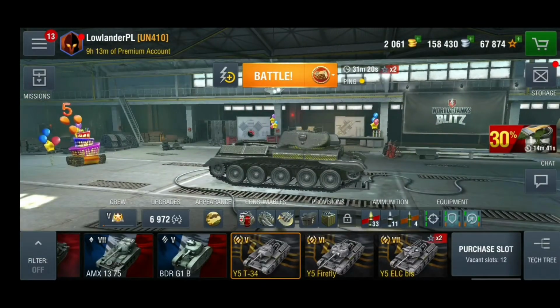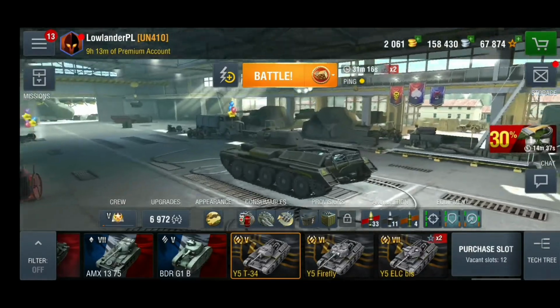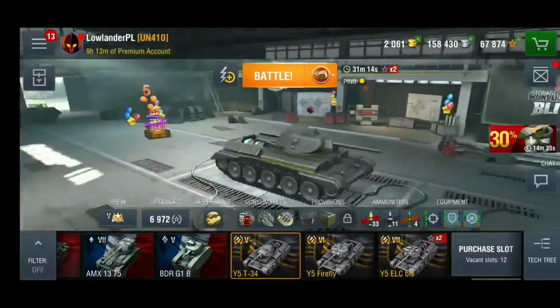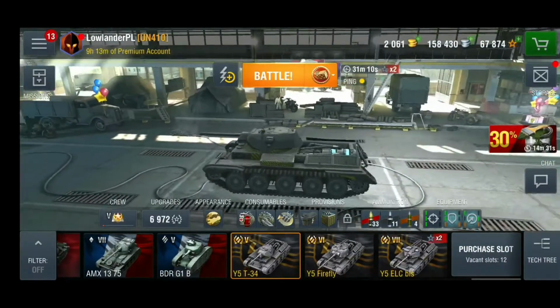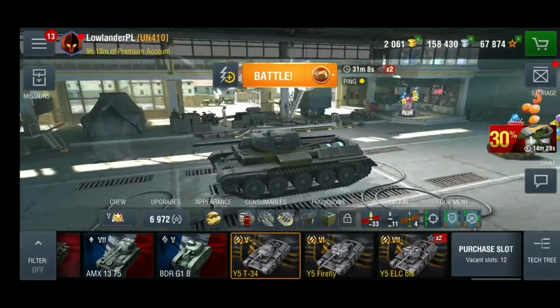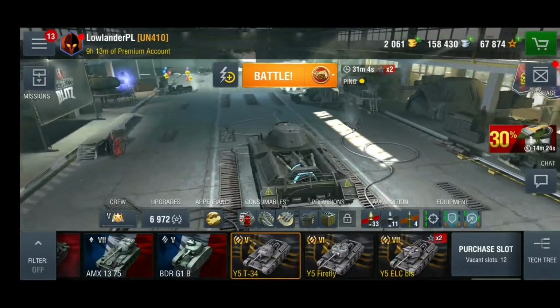Today we're going to talk about the Y5 T-34, or E5 T-34, whichever you prefer. It's a premium that you can get from the event. It's basically a chrome wheel with an electric engine and a nice cool attachment of a nuclear reactor, which looks kind of